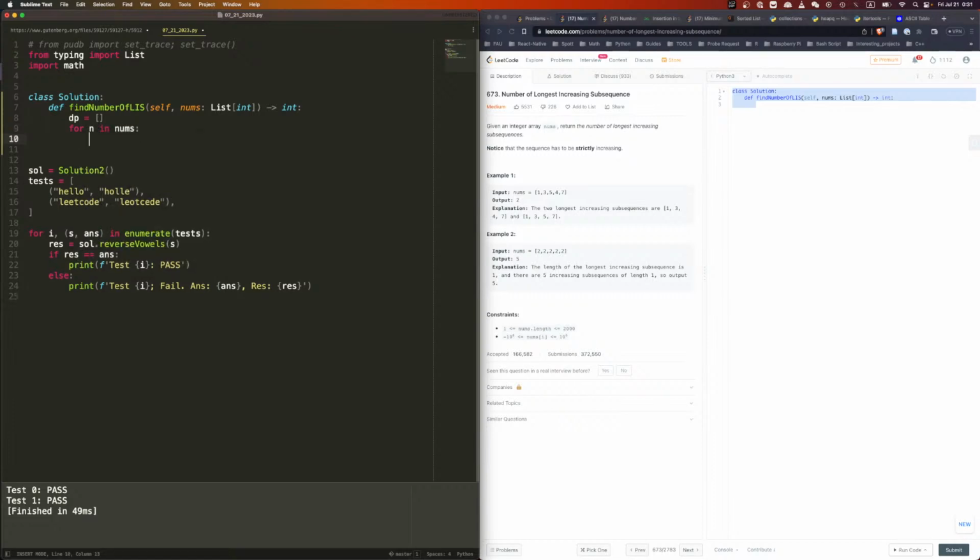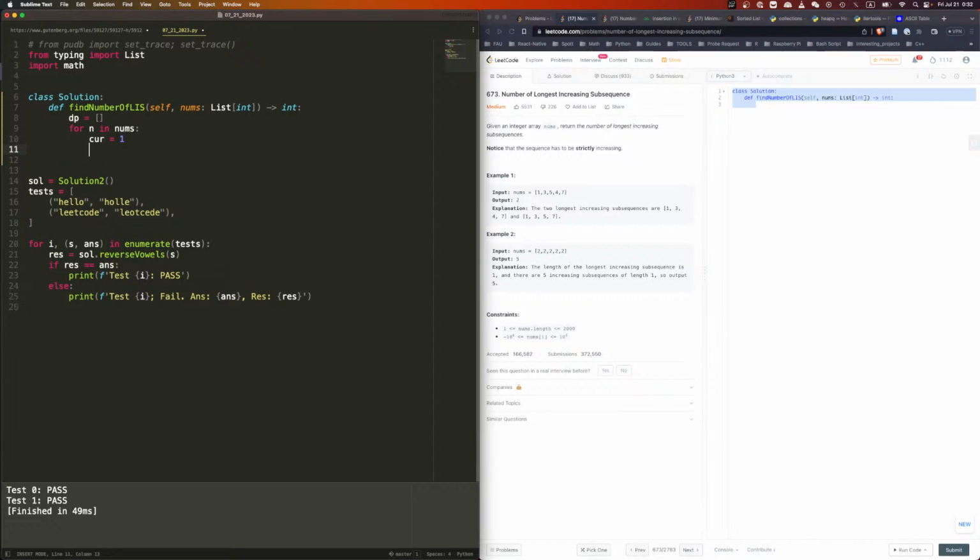So what we want to do is find the longest, right? We have n, so we search previously to find. So dp[i] records the longest increasing subsequence length ending at i. So we're looking at n, and we want to go backwards. So we can say current will equal 1 because we can always record 1.